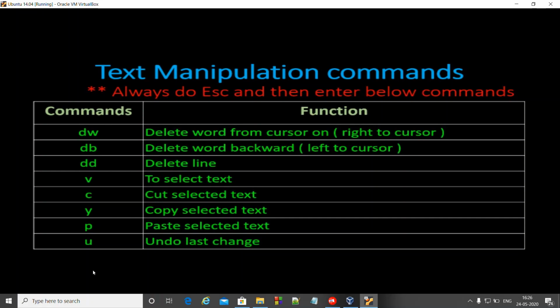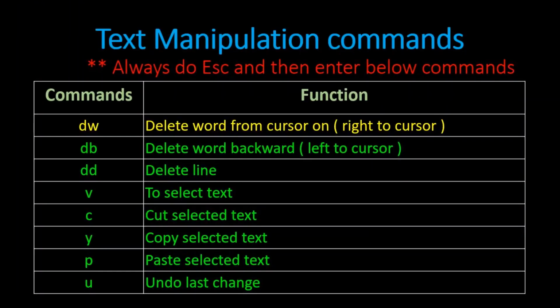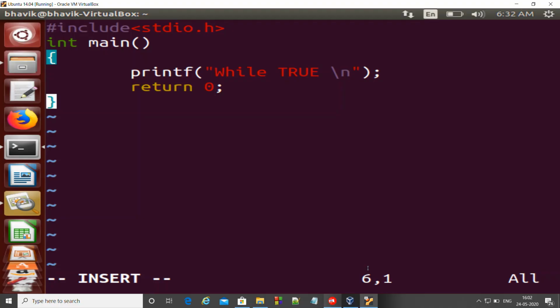All this we will be using for manipulating the text. As I have mentioned in red color here, always press escape and then enter the below commands. So please take care of this thing. That was about how we can get into the edit mode and edit the content of the file.